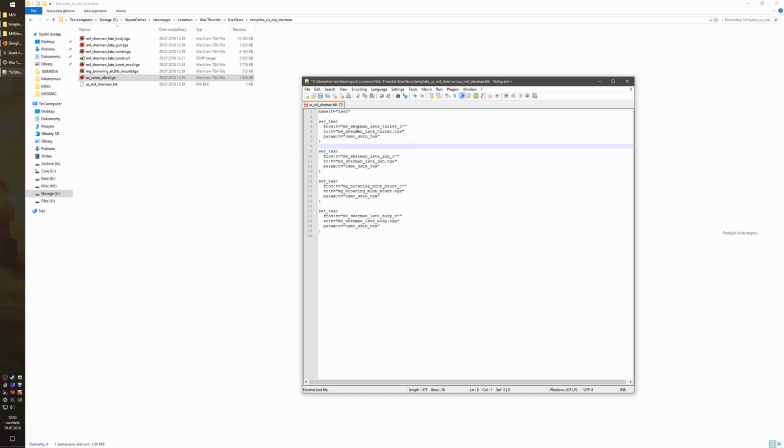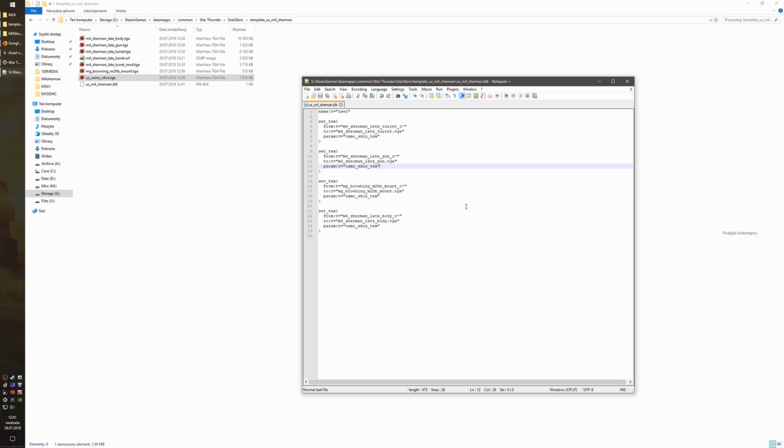Next thing, each of these entries will be replacing another part of the tank. We can see here is the turret, here is the gun, here is the mount and body. Do not edit this line. From leaves unchanged. The only thing you edit is this part. Here you need to enter the file name of your own custom skin. If you used the same names as the game generated files, you don't have to change anything here at all, only